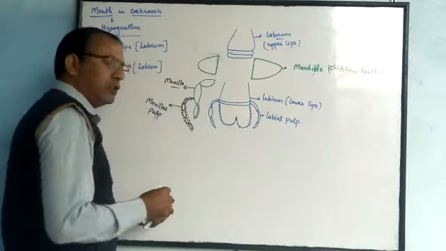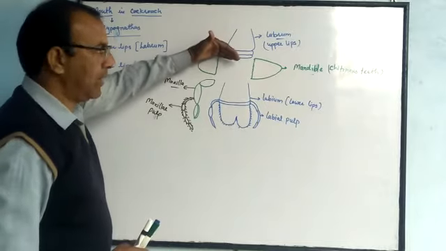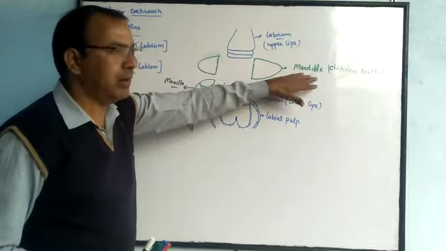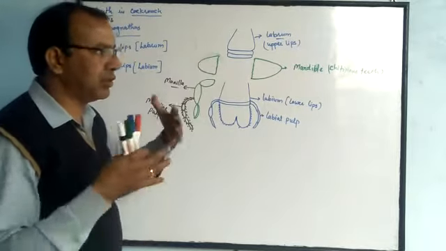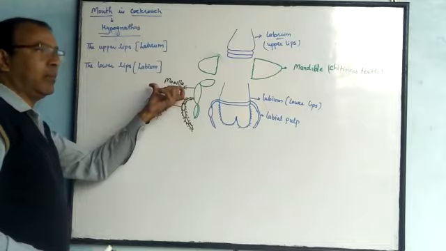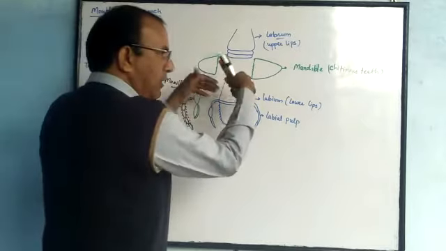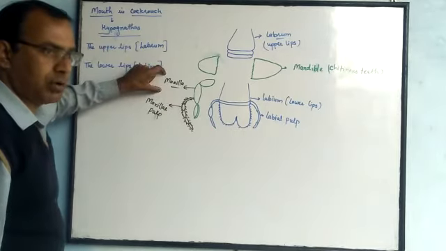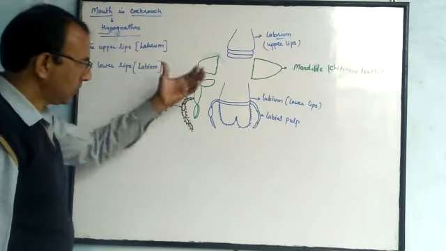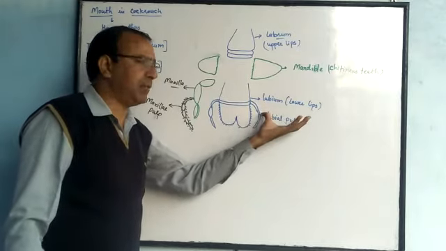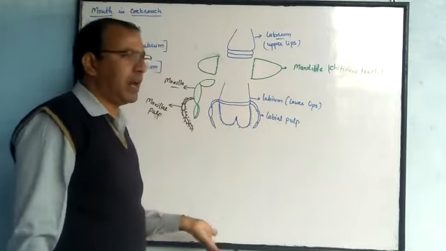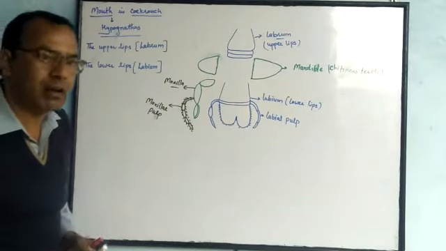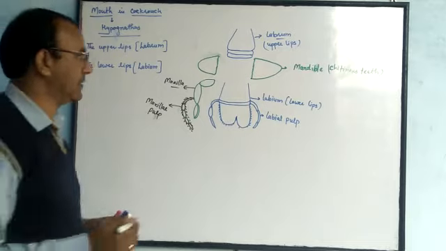So the upper lip is known as the labrum. Just below it, the two chitinous teeth are present, known as mandibles, which help in crushing the food particles. Then a pair of maxillae is present on both sides, which help to hold the food particles. And the lower lip, the labium, with the help of labial palps, helps to engulf the food particles. It also contains a tongue-like structure, which is known as the hypopharynx.